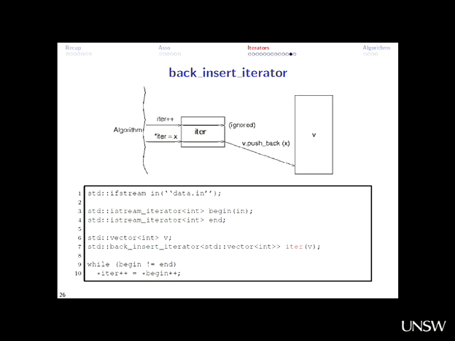And of course you didn't have to use the back insert iterator. You could have just said v.push_back, but this is the way in which you can do this with iterators. Note that v.push_back is a vector-specific implementation, whereas the back insert iterator here is a generic iterator. Yes, it needs to have the type of what it's inserting over handed into it, but it's just much more generic than just